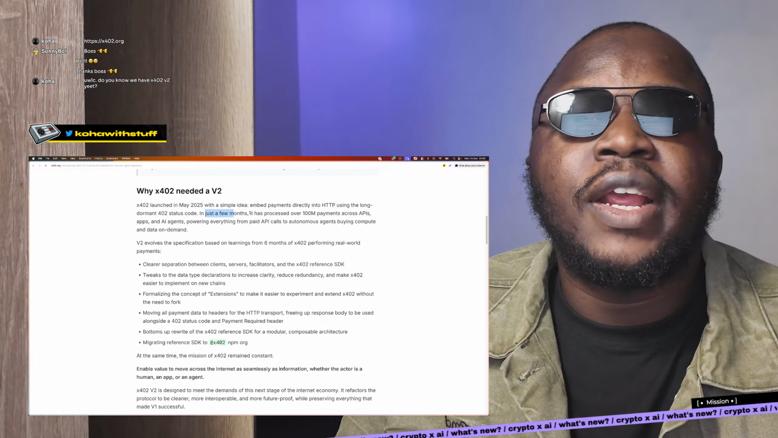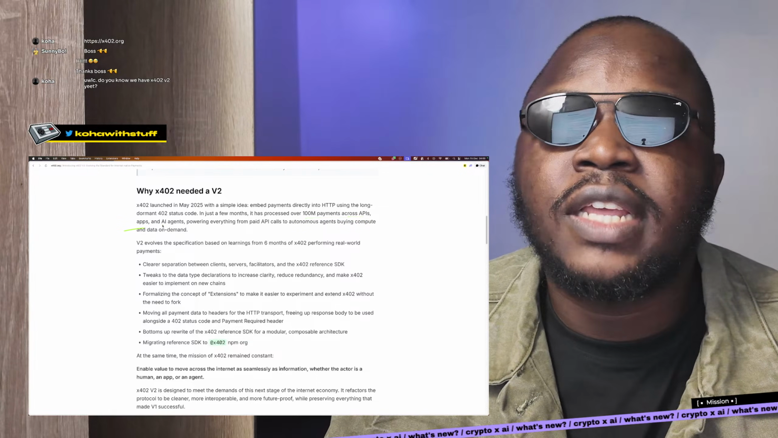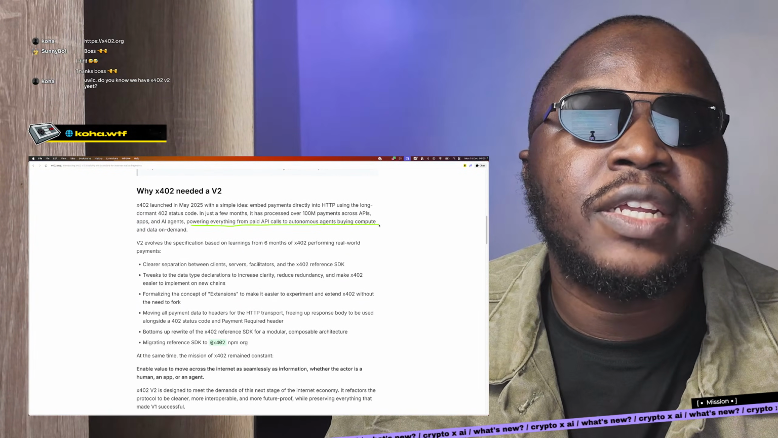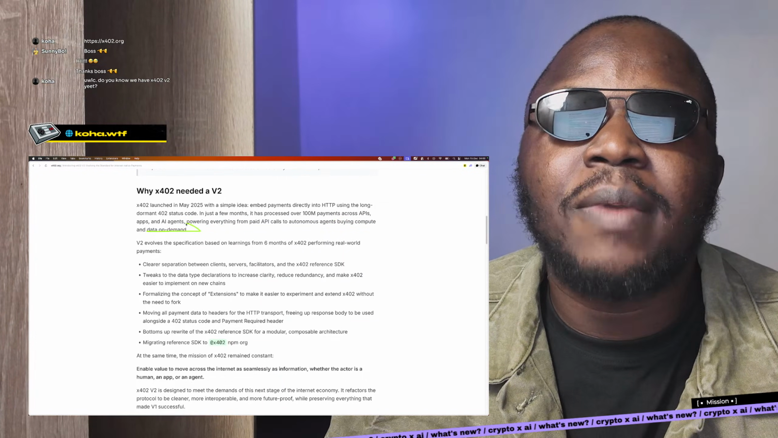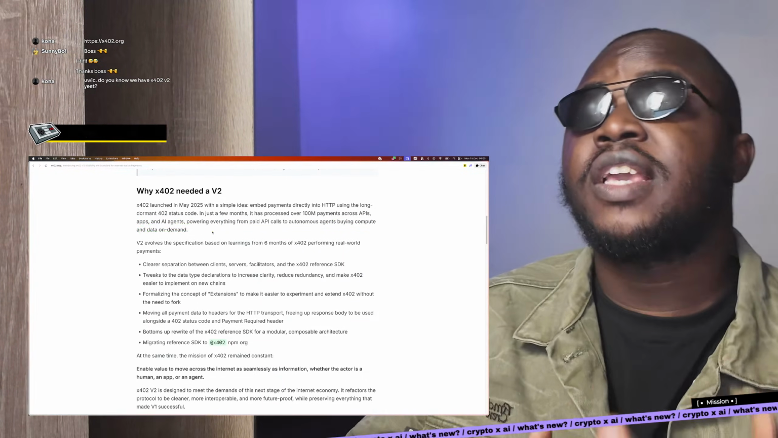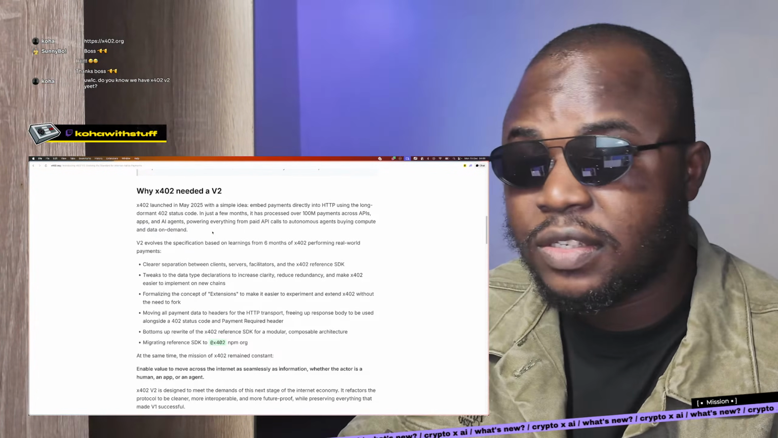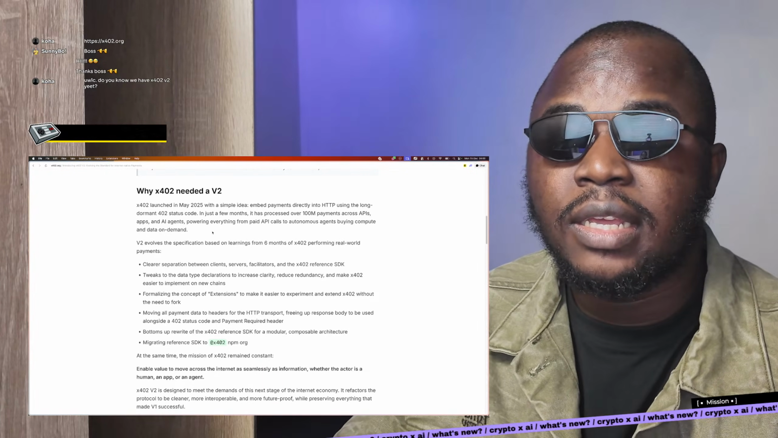In just a few months, it has processed over 100 million payments across APIs, hubs, and AI agents, powering everything from paid API calls to autonomous agents buying compute and data on demand. Like I said, a lot of the use cases for X402 also involve on-demand purchases and stuff. And that is why we want to appreciate the idea that